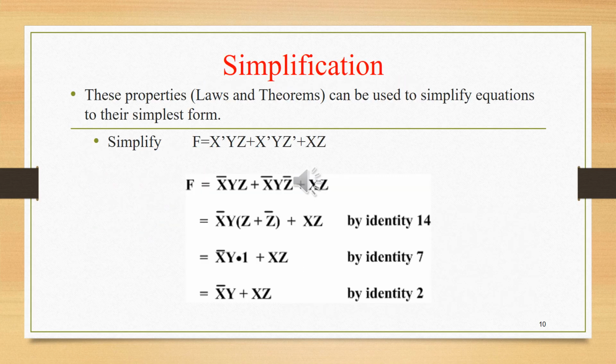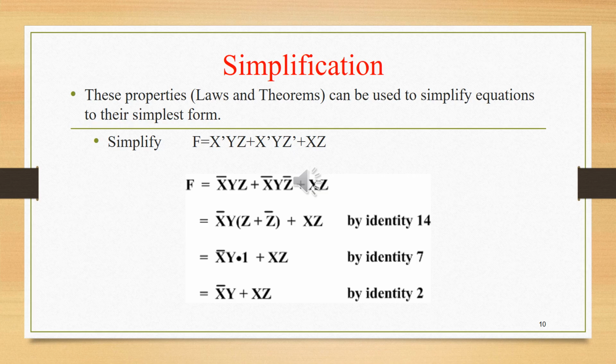So the next one is an example, and we can expect questions like this: simplify the logical expression. The benefit of this simplification is that we can reduce the number of logic gates involved in the design. Here it is a 3 variable function. The output f is dependent on 3 variables x, y, z, and there are also 3 different logic terms. So f is equal to x bar y bar z, this is considered as one logic, and this one is the second logic, x bar y z bar, plus x z, this one is the third logic. Adding these 3 logic terms, we get the f output.